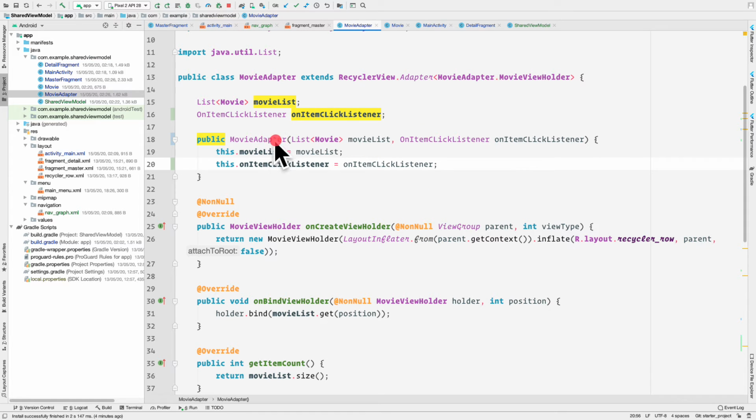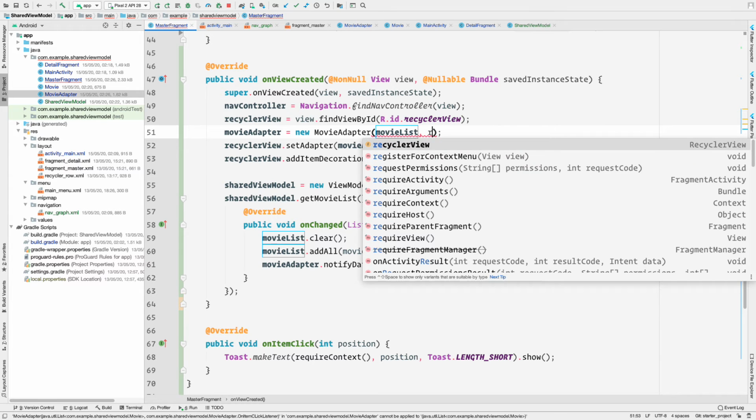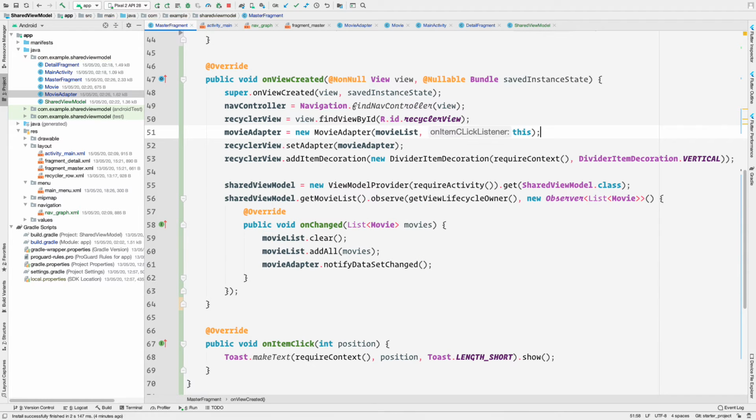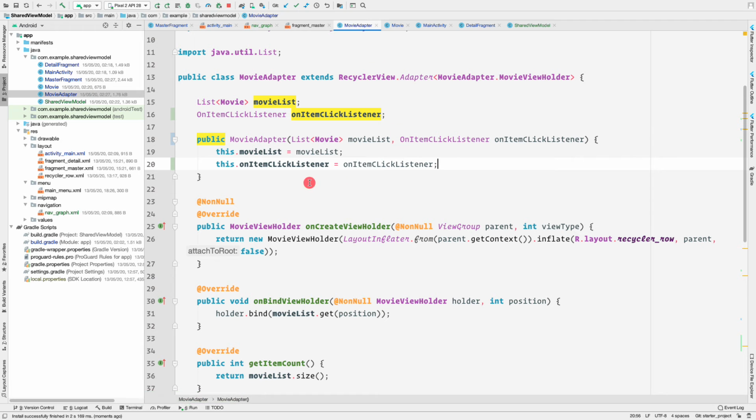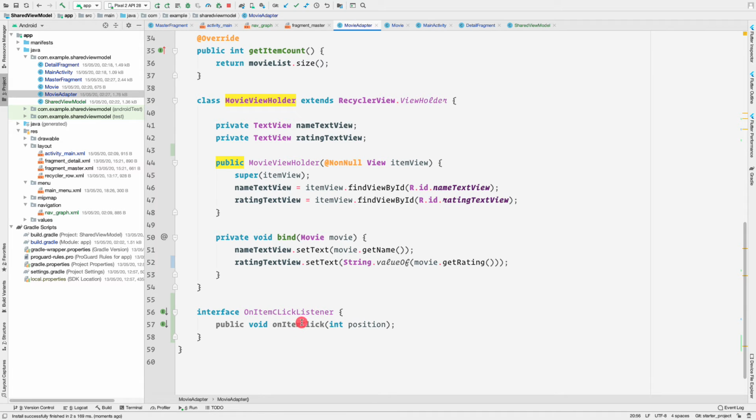And now to initialize this movie adapter, we need to pass in the listener inside our master fragment, and here we can simply pass in this. That is, this fragment implements that interface that is on item click. So now let's go back to our movie adapter here, and now we need to call this on item click method from inside our movie view holder where we are initializing the movie view holder.